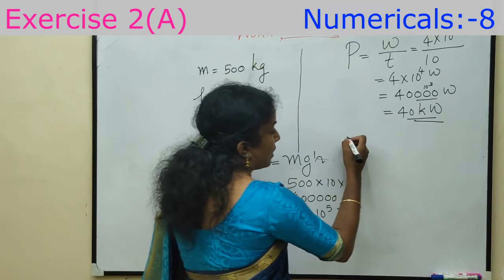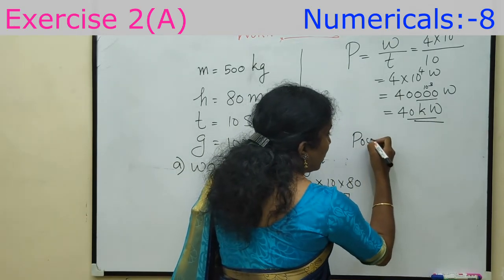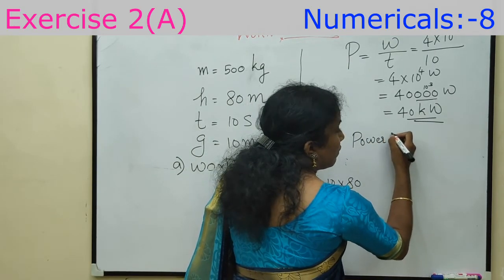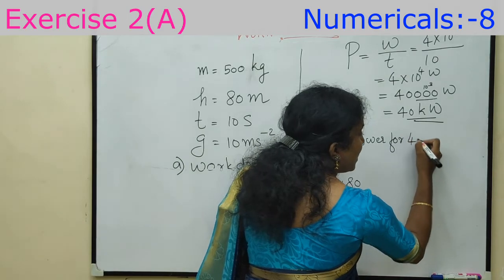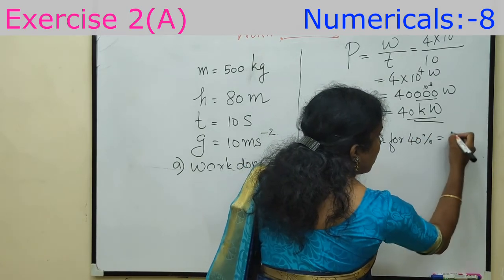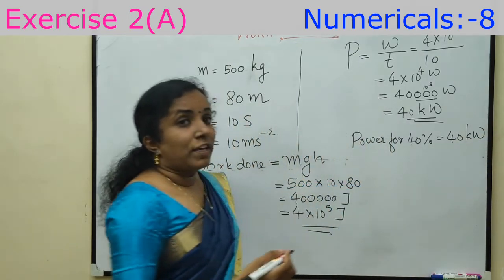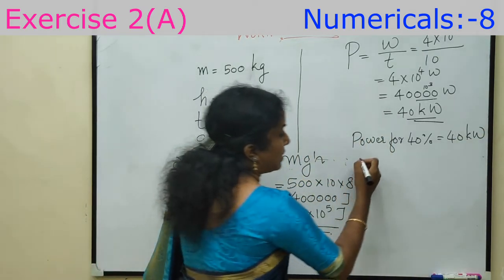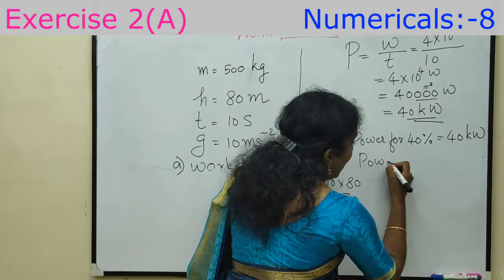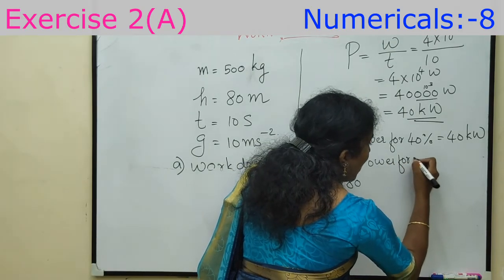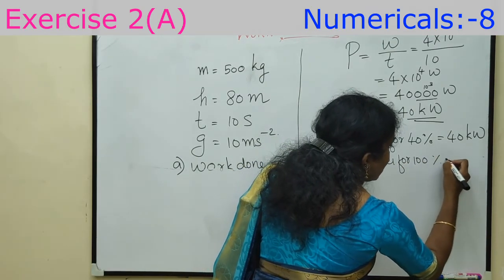That means the power for 40% efficiency is 40 kilowatt, and we want to find out the power rating. That means power of the appliance in 100% efficiency,